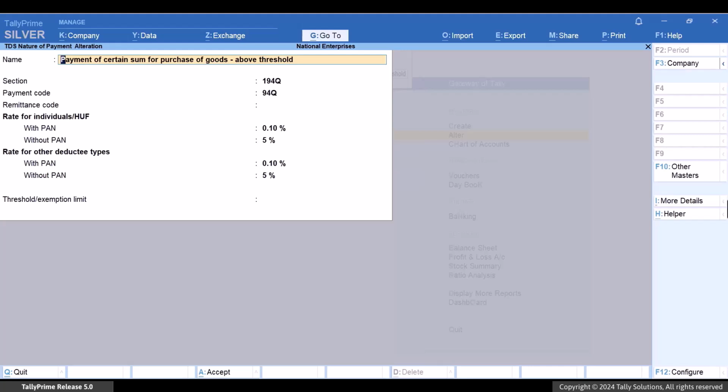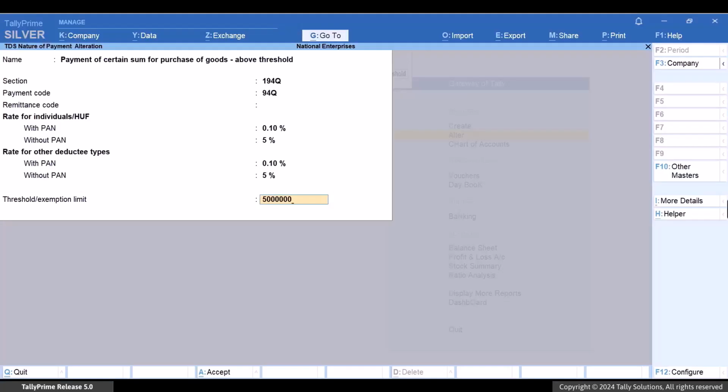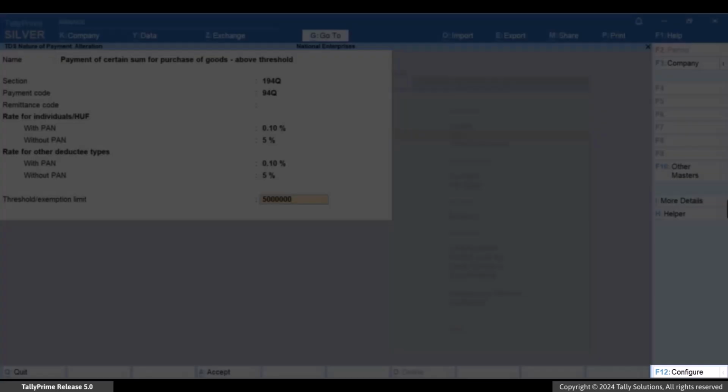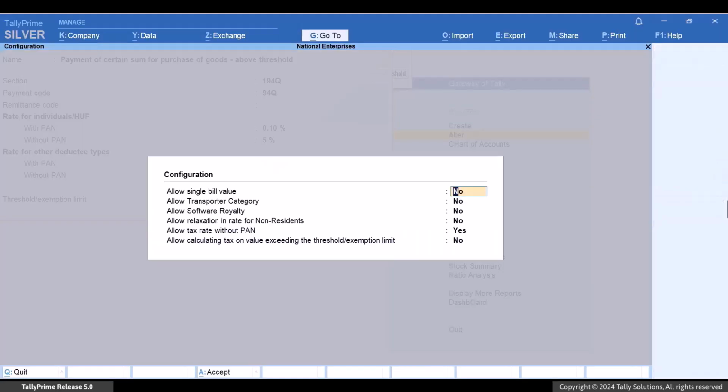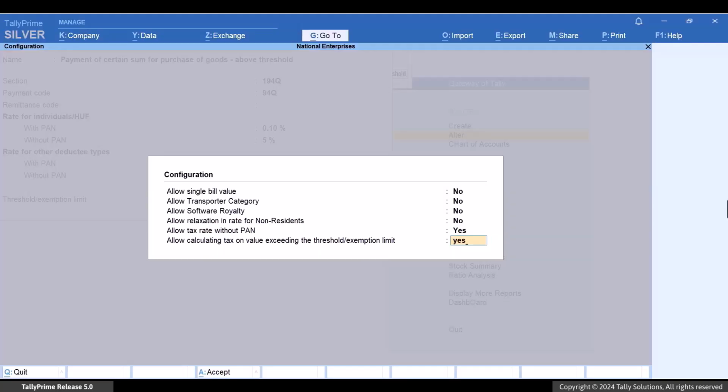On the TDS Nature of Payment alteration screen, enter the threshold exemption limit as 50 lakhs. Press F12, Configure, and set the option Allow calculating tax on value exceeding the threshold exemption limit to Yes, and press Enter.